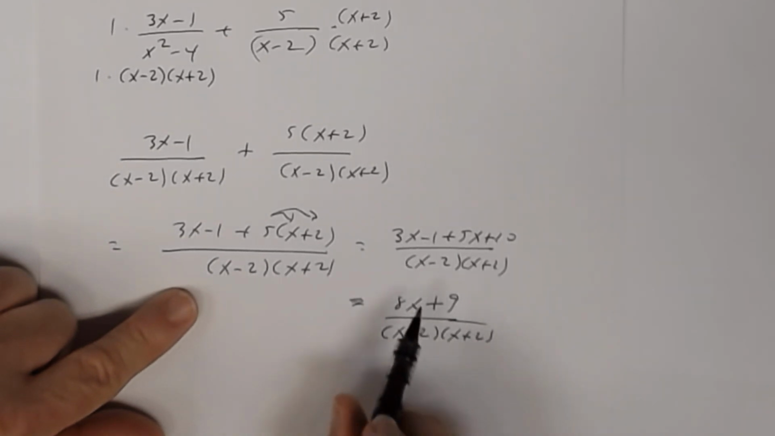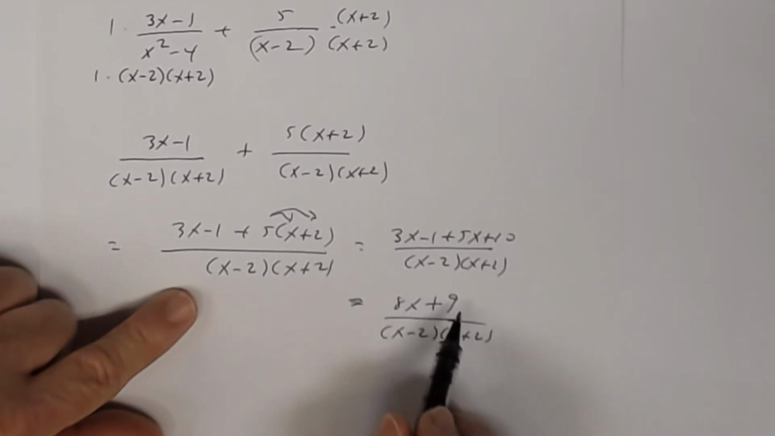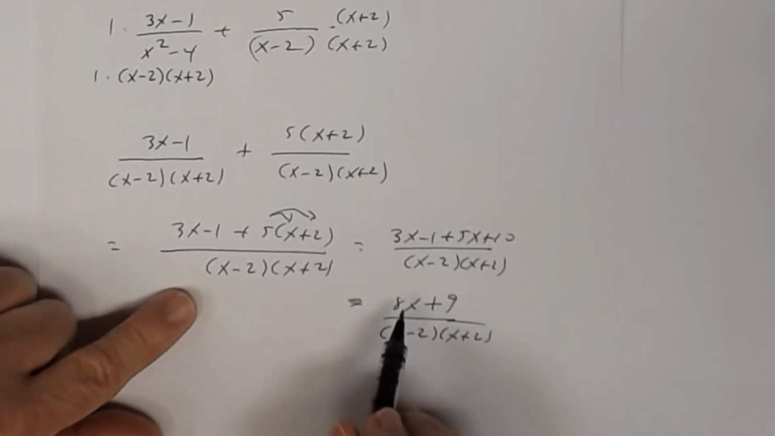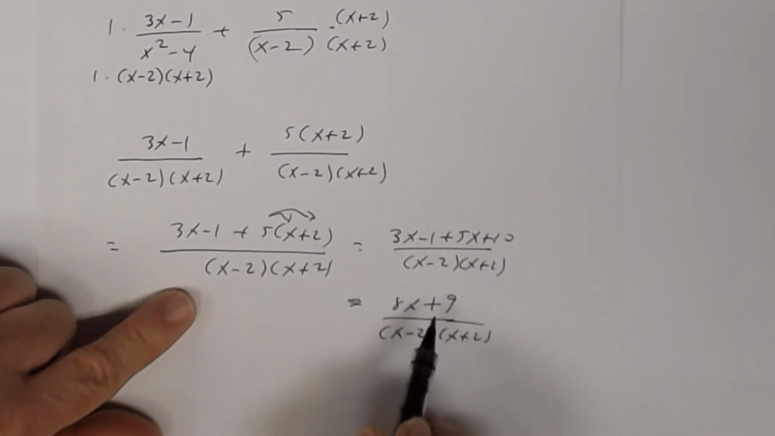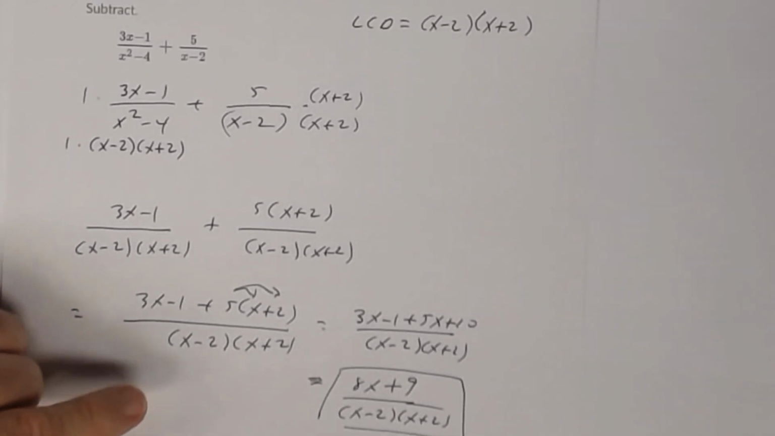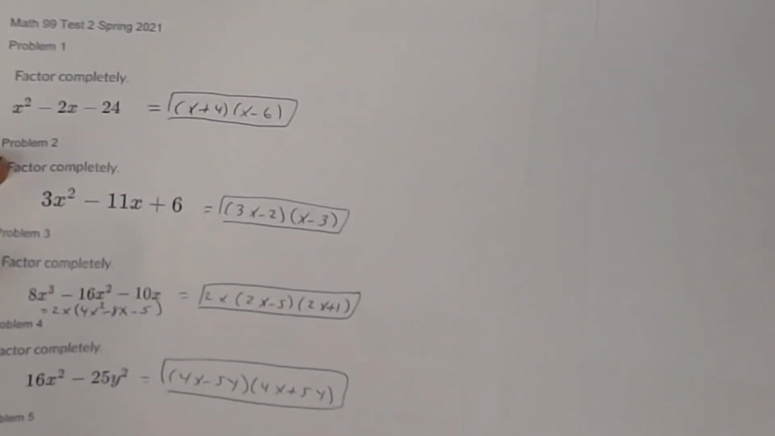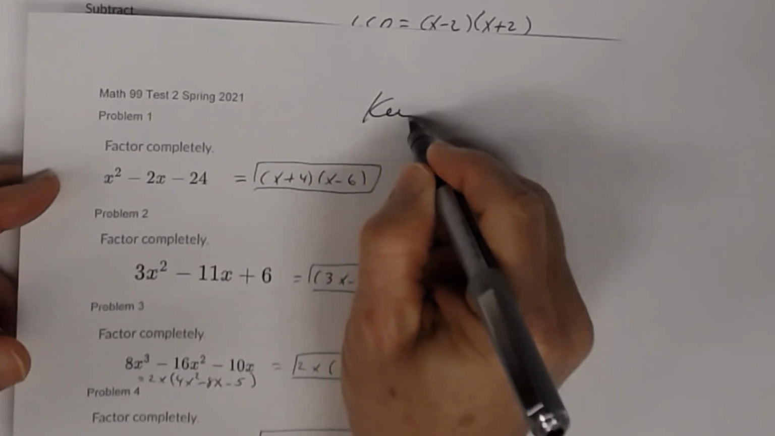The next step, if possible, is to factor the numerator and then reduce any common factors. Notice, though, the GCF of 8x plus 9 is 1, so that's a prime factor right there. So that's your answer. That's all you can do. So that is a key to this test number